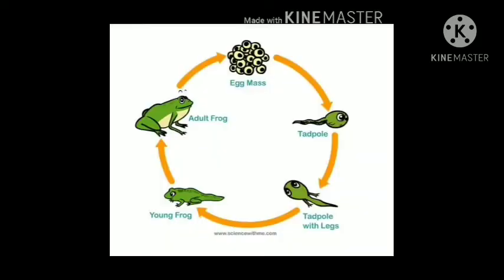In first stage, the female frog lays eggs in water. The young one looks very much like fishes. The young ones of frog are called tadpoles. These tadpoles have tail and their heads are bigger than their body. Gradually, tadpoles begin to grow. They develop gills